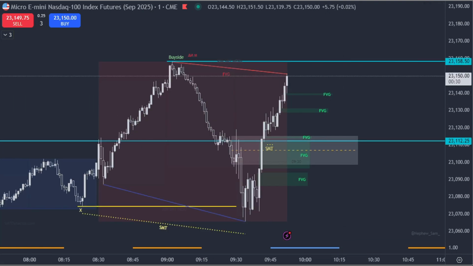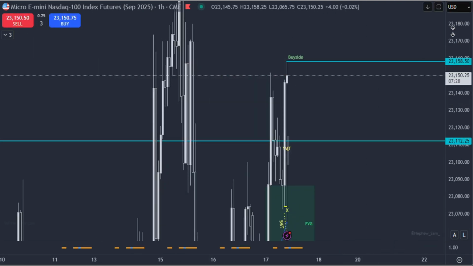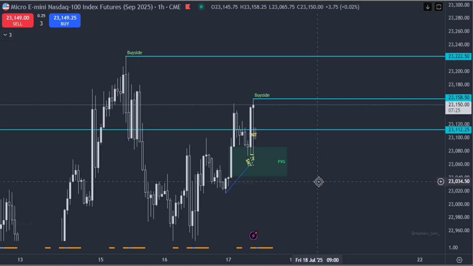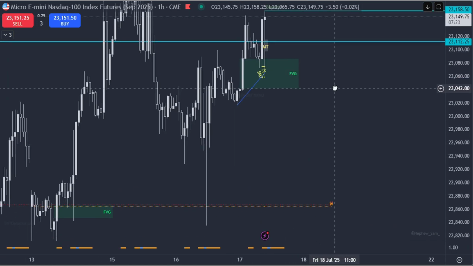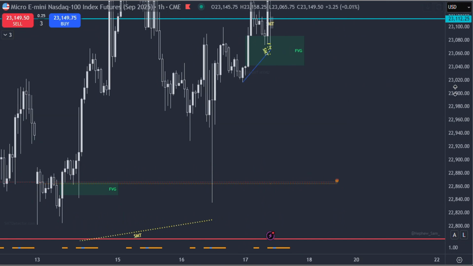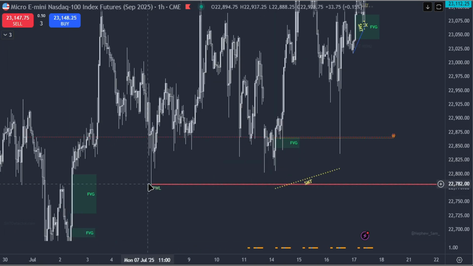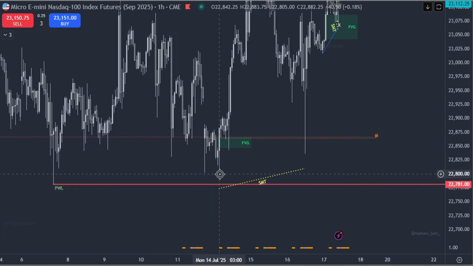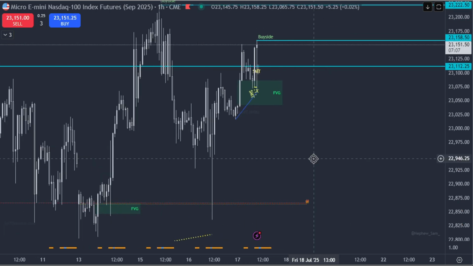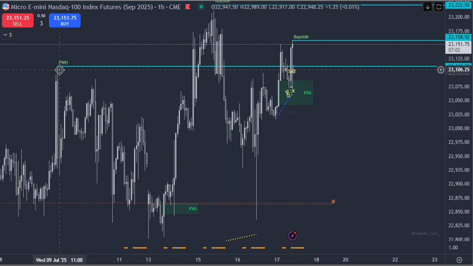So let's go back to the higher time frame just so we can go over the analysis, right? We already took the previous week's low, it was down here. ES came down, swept these lows, and swept this previous week high, previous week low all the way down here. ES came yesterday. They swept it right here. So let's take a look at what happened.